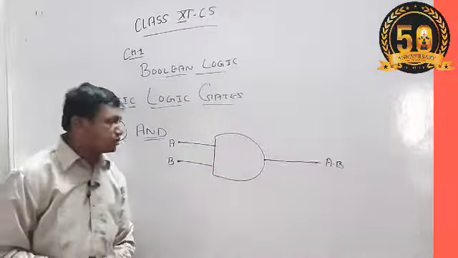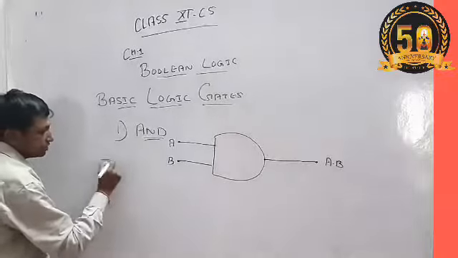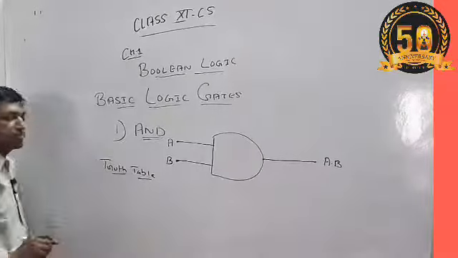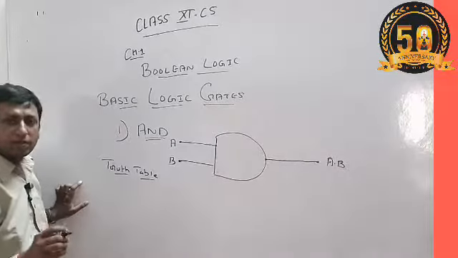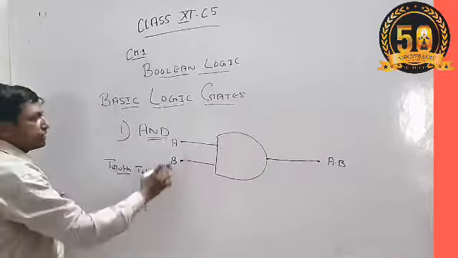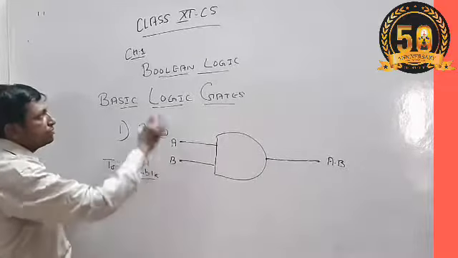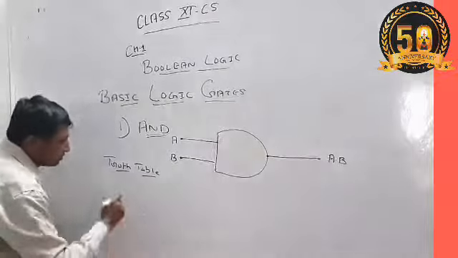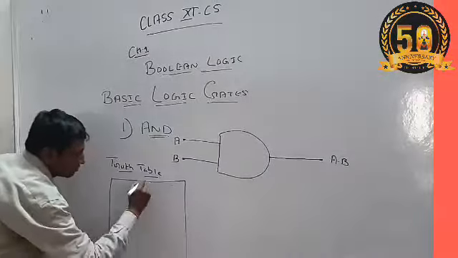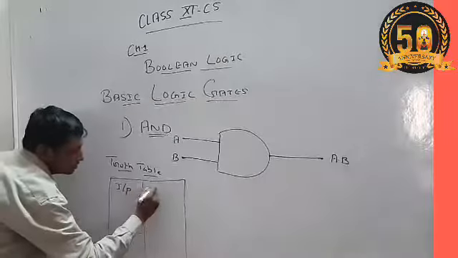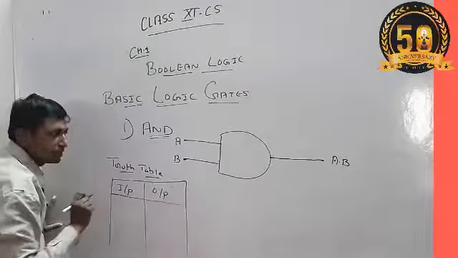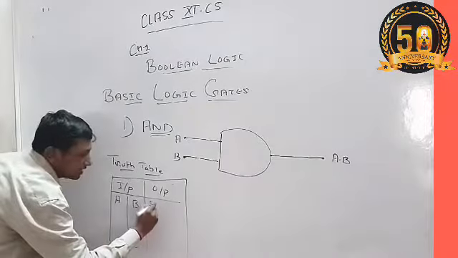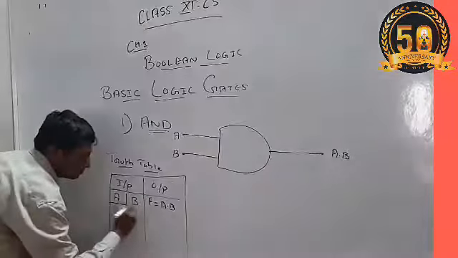Now what will be the output? To calculate the output, there is a truth table. A truth table is the table that will show all the possible inputs as well as the output. If we have two inputs and these two inputs are Boolean, they contain only two values, that is either 0 or 1. So the truth table contains two parts. First one is the input, second one is the output. We have two inputs A and B, and finally we have the output that is F equal to A dot B.